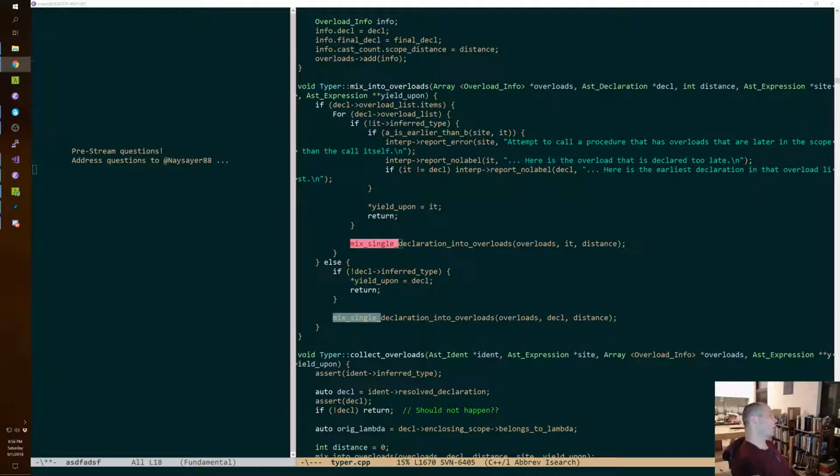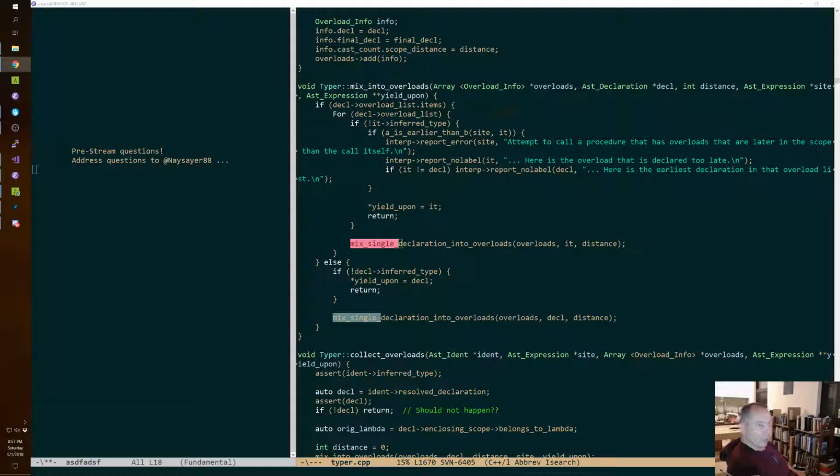I just had an interesting thought about that, but it's a little bit orthogonal to what we're talking about. So how is that stored? When you're calling a procedure, how do you know that there are overloads? There's a lot of ways you could do it.